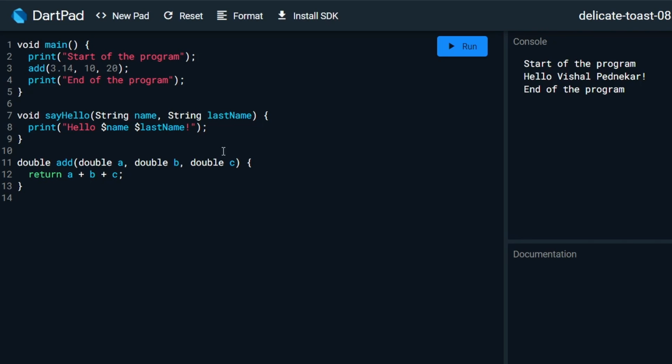Also, returning a value does not mean it will appear on the console. Just check this out. So as you can see, the program has started, it executed the add function, returned the value back over here, and then it was the end of the program. But you cannot see that in the console. Why? Because we did not print it.